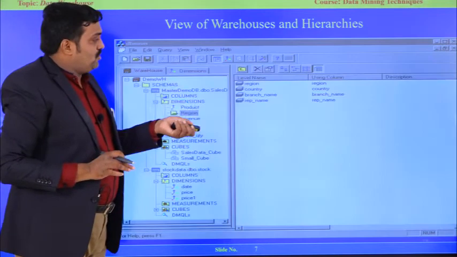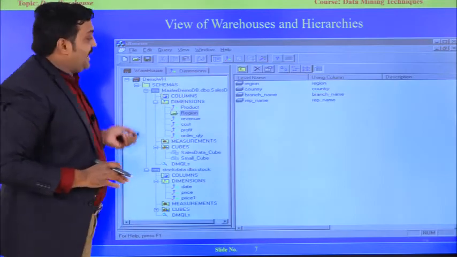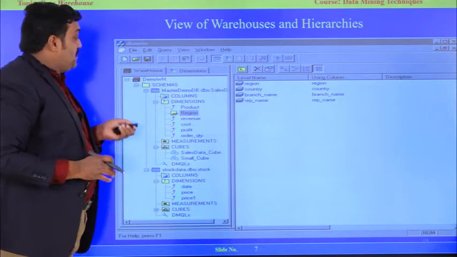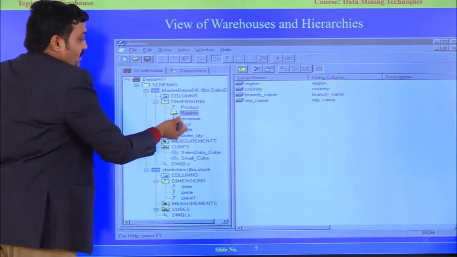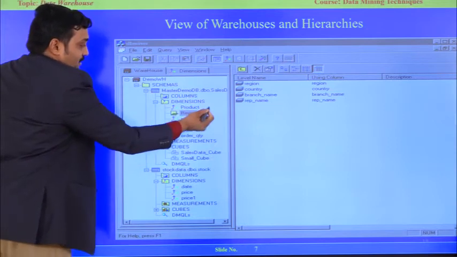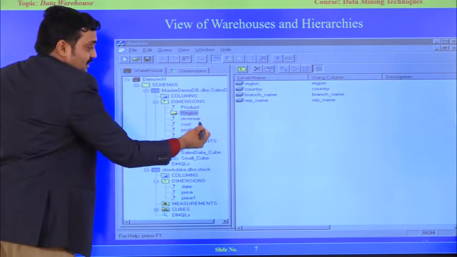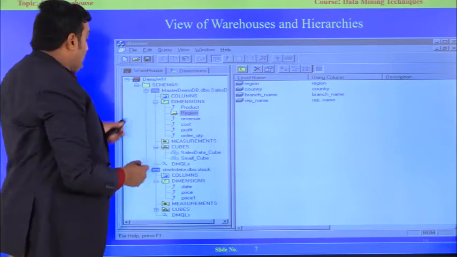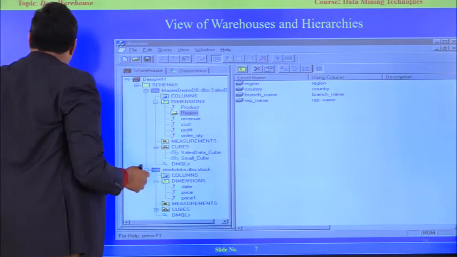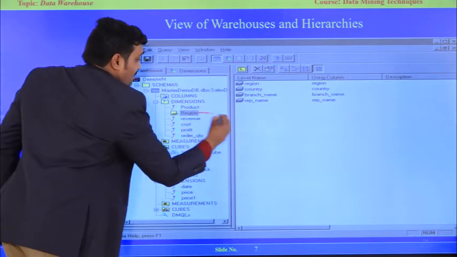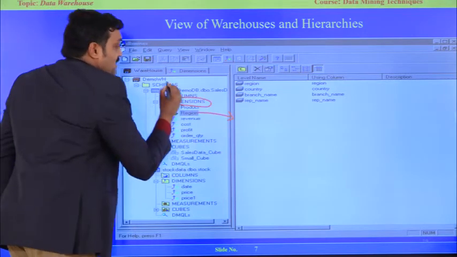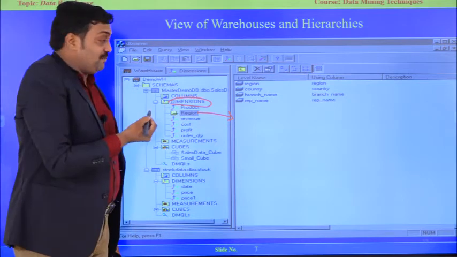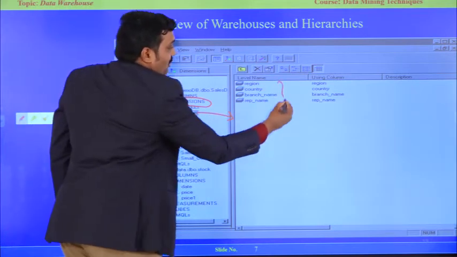Now I am going to show a simple view of the data warehouse in real software. You can see here we have different dimensions like product, region, revenue, cost, profit. As I said, there are dimension tables and fact tables. Region is one dimension, meaning in region we have all these parameters.